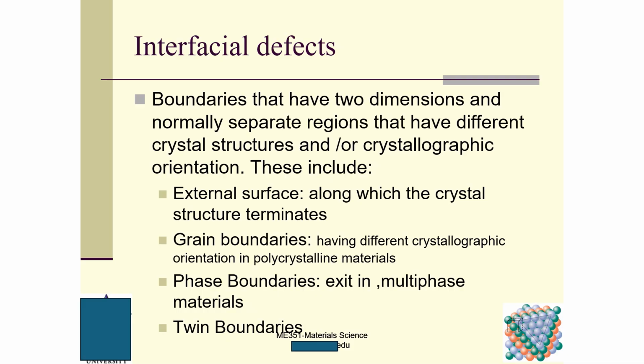Interfacial defects, as the name suggests, are interfacial boundaries that have two dimensions and normally separate regions that have different crystal structures and/or crystallographic orientation. So these include the external surface. We know the external surface is where the crystal structure terminates, and the grain boundaries having different crystallographic orientation in polycrystalline materials, and phase boundaries